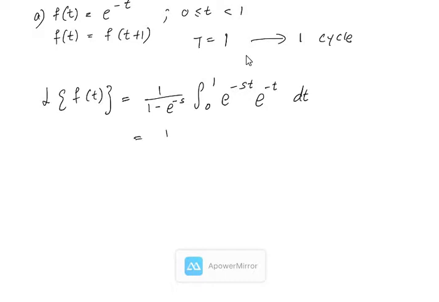This will equal 1 over 1 minus e to the power negative s, integral from 0 to 1, and this one you can combine, so e to the power negative (s plus 1)t dt,